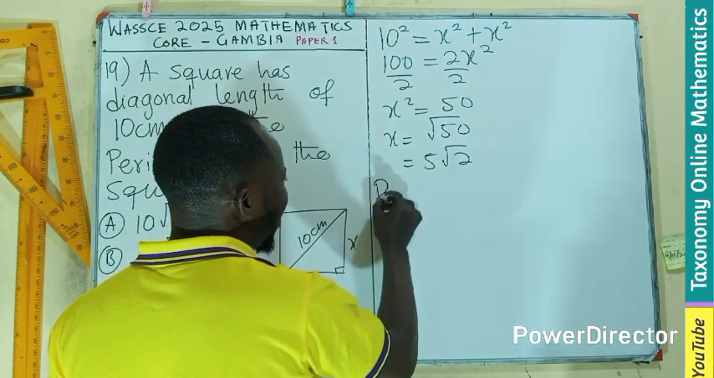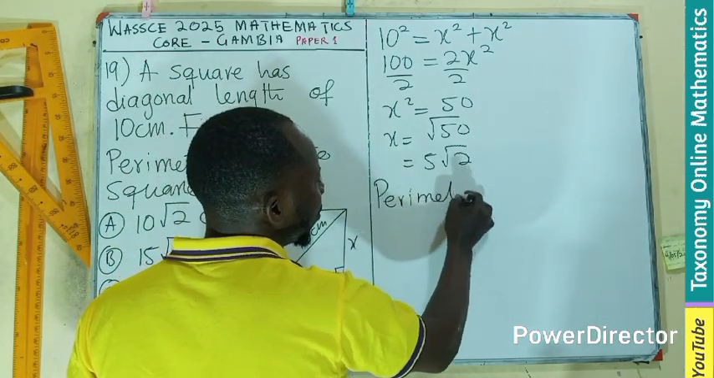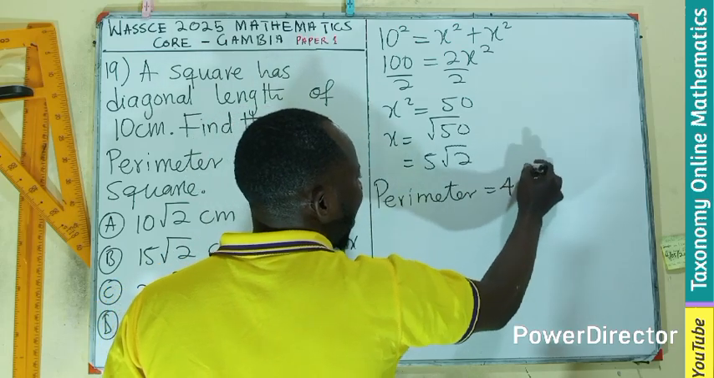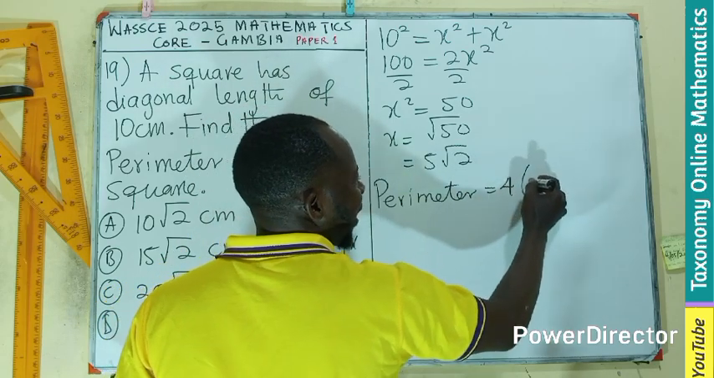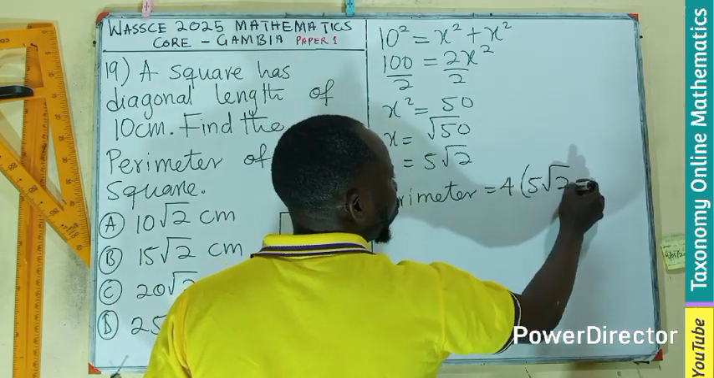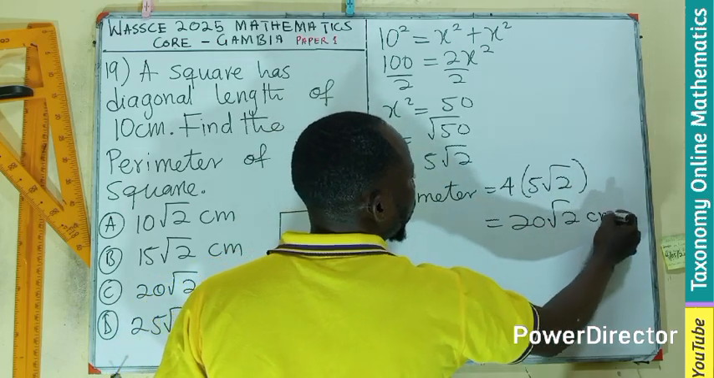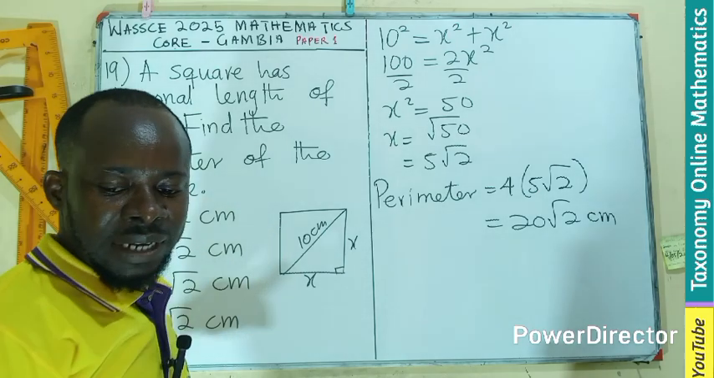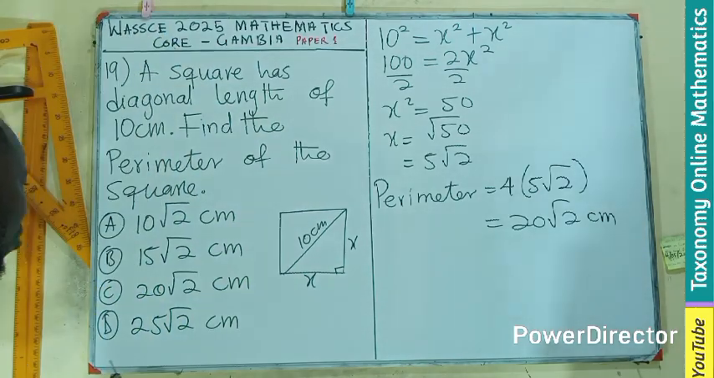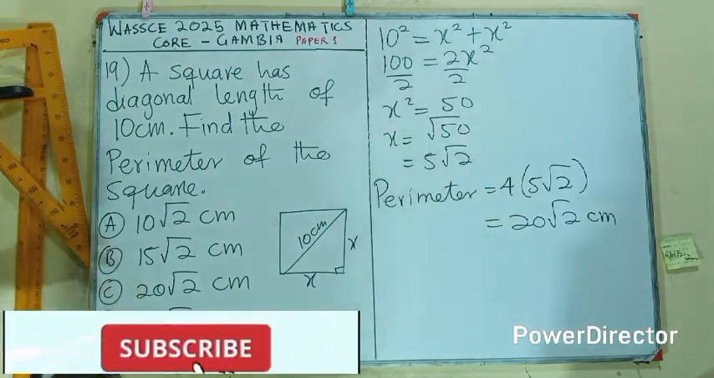By finding the perimeter, which is 4 times the length, and the length is 5 root 2, that will be 20 root 2 centimeters. Let's check the options and see which option best fits. I think option C